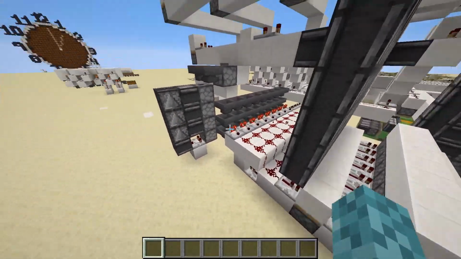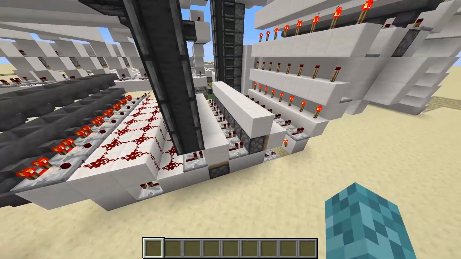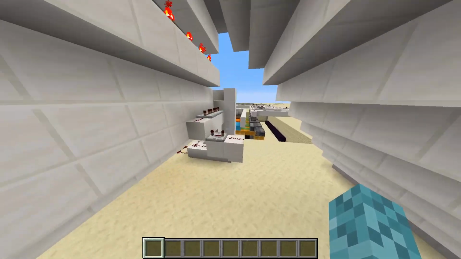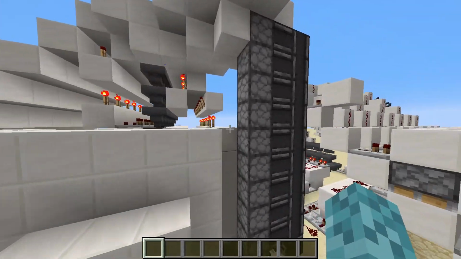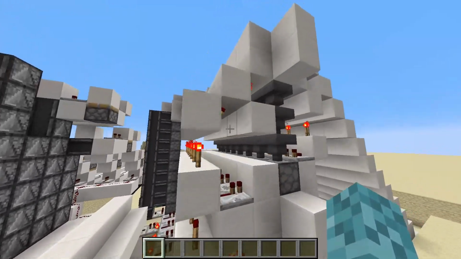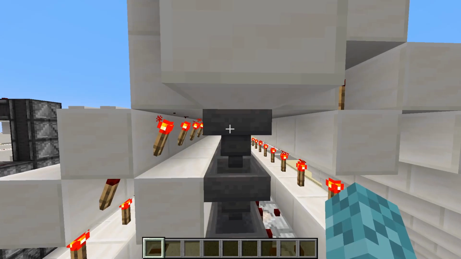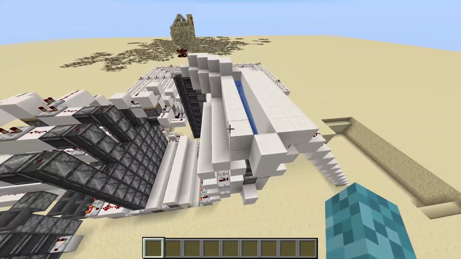So let's say that the blue wool over here is selected, which means that a blue shulker box will come out. What happens is the pulse goes through here, this gets turned on, and the blue shulker box will come out of here, travel over into this mechanism right here, get dispensed and go back up. But what also happens over here is that this torch line sort of inverts itself, which means that this hopper right here is now unlocked, which means that the shulker box will travel only into the